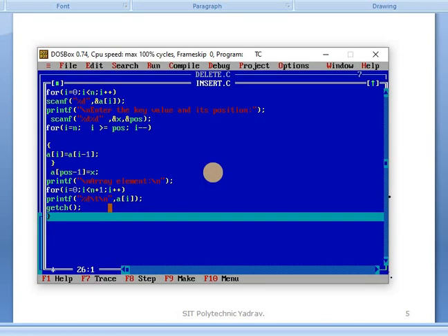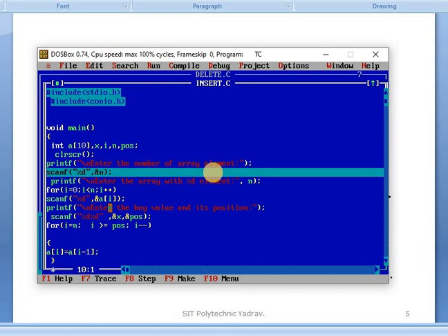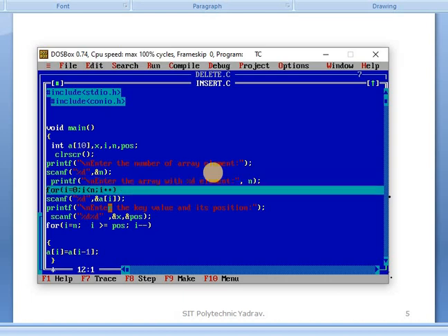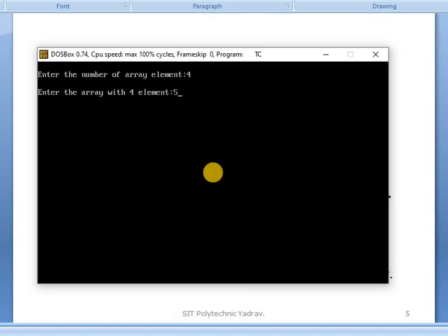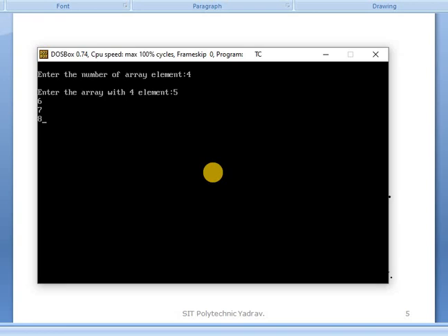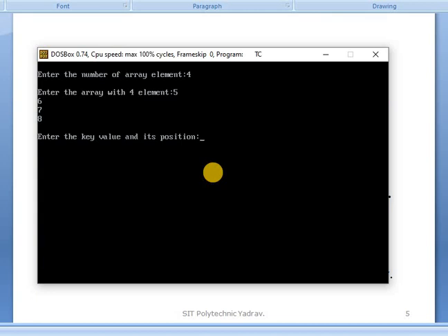Another example we see: for example, we give 4 elements. Clear? Only by pressing the F8 key on your keyboard we see the one-by-one execution. Then enter the position.